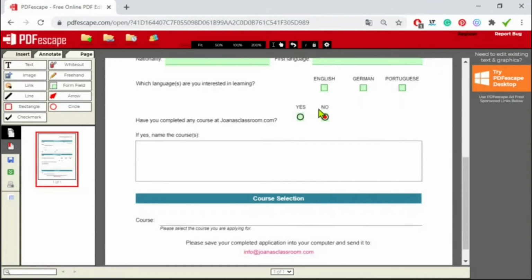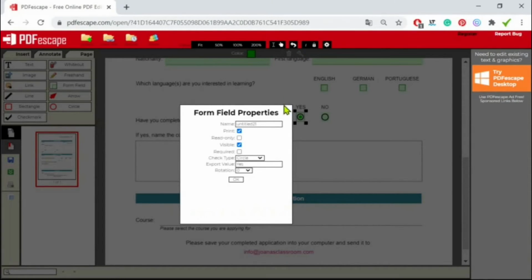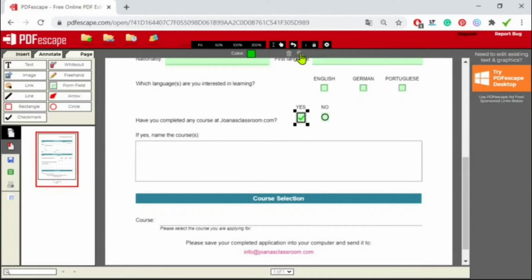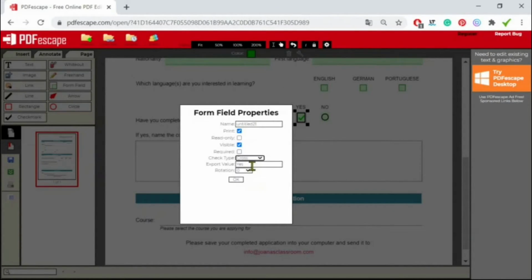You can also change the symbol in your radio button. Just select one of the buttons here, okay, and to change the symbol, go to the object properties, and as you can see, there is another drop down list. The one that's active, the one I've chosen, is the circle, but you can choose a check mark too, just like we did before. Let's see what happens. You can also, let me go back, you can choose a cross just like you did before. You can choose a diamond again inside a box, and you can choose a square or a star.